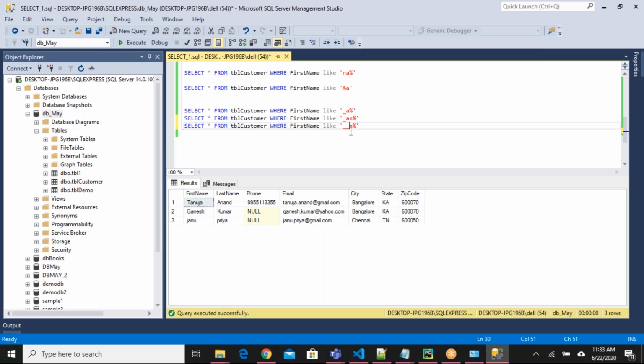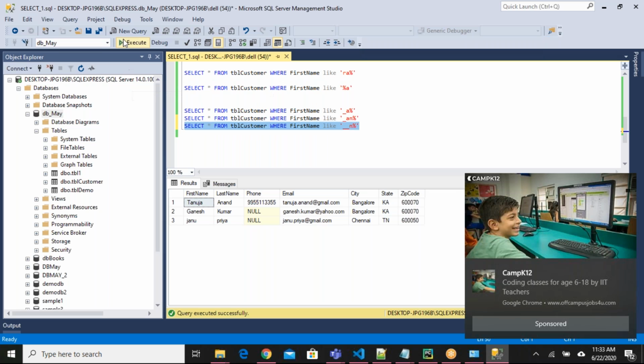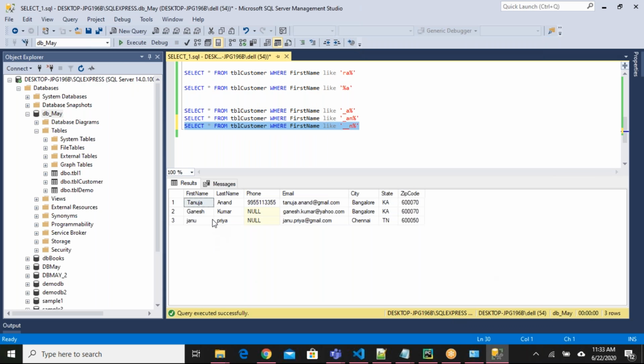If you want to check that the third character is n, or the third and fourth characters, a combination of some set of characters, you can provide it. Select this, run this. See here, how many records did I get? 3 records. For all the 3 records listed here, the third character is n only. That's the reason why it has considered them.